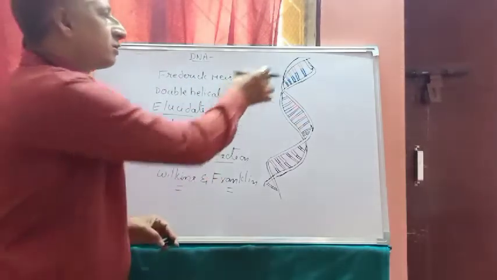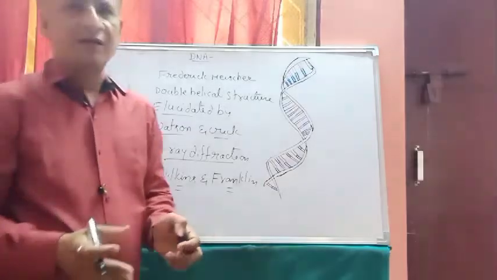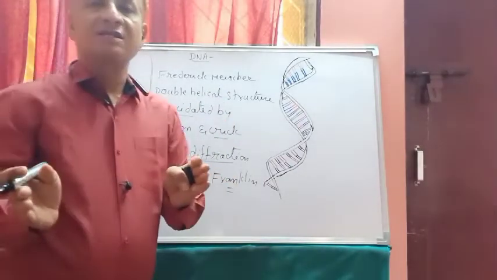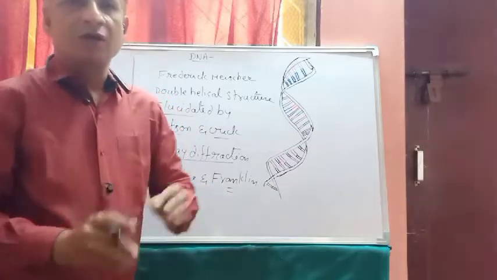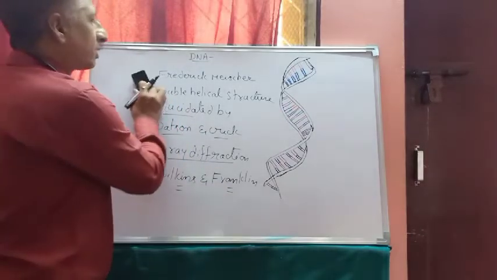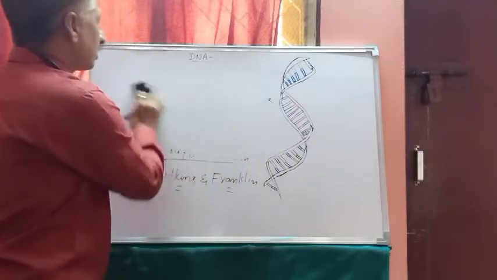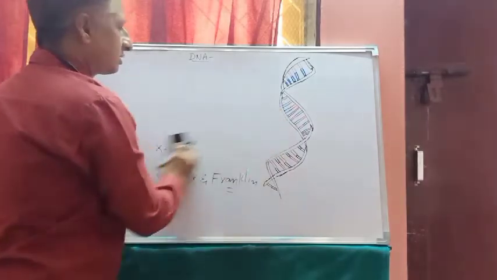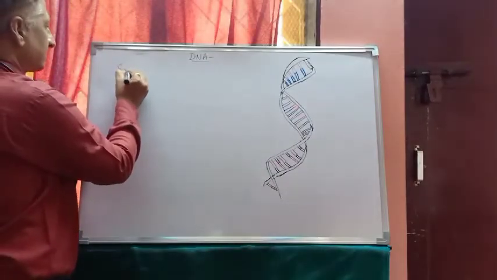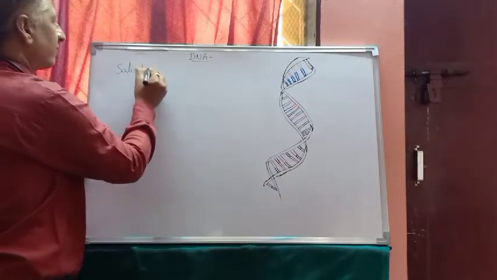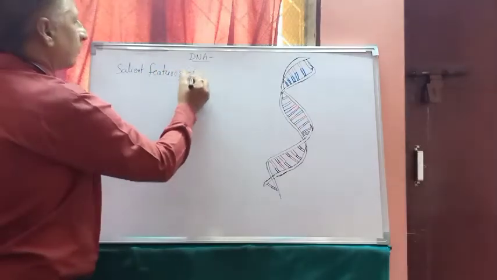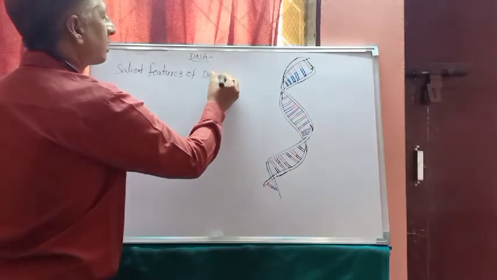Okay, so this double helical structure, how they are arranged, what are the salient features of this, we are going to discuss now in this topic. So here the salient features of double helical structure are